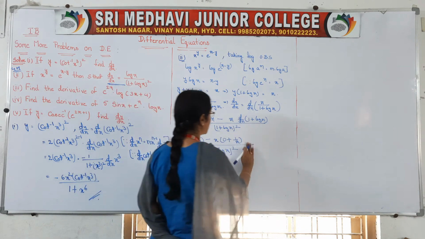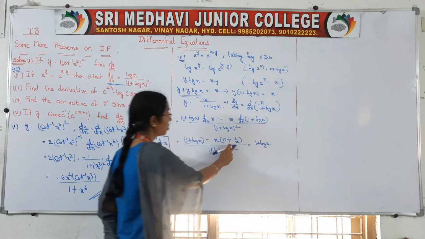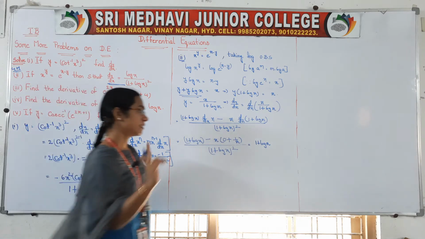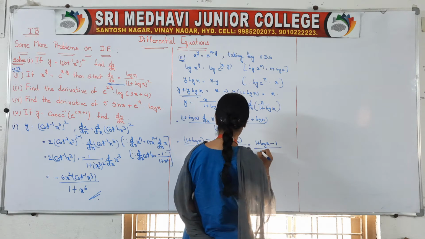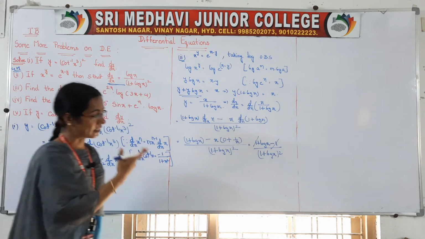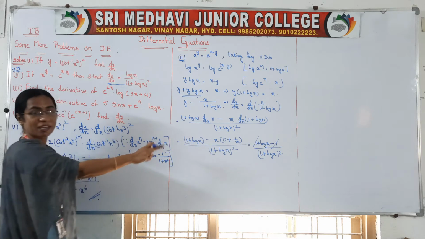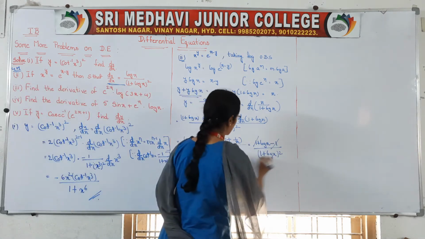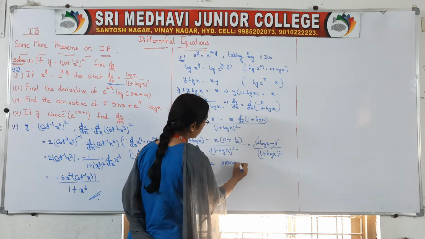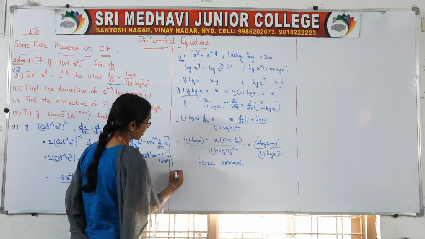Okay, so is equal to, this value is equals to 1 plus log x. Come on, 0 plus 1 by x is 1 by x. X into 1 by x means x cancels, 1. So minus 1 by 1 plus log x whole square. Both will get cancelled. That is our answer. We have to prove dy by dx is equal to log x by 1 plus log x whole square. So we can write hence proved. Isn't it? Show that, prove that problems, we have to write hence proved. Okay, so you achieved the answer.